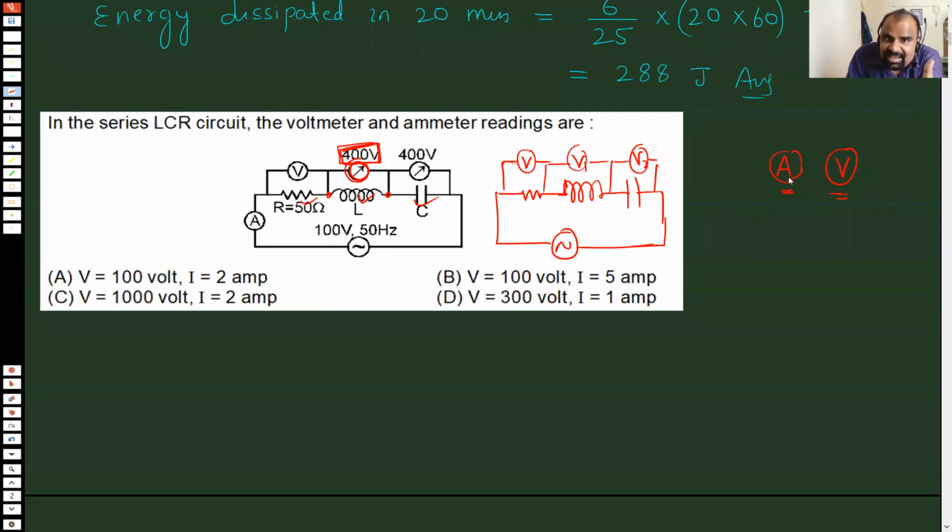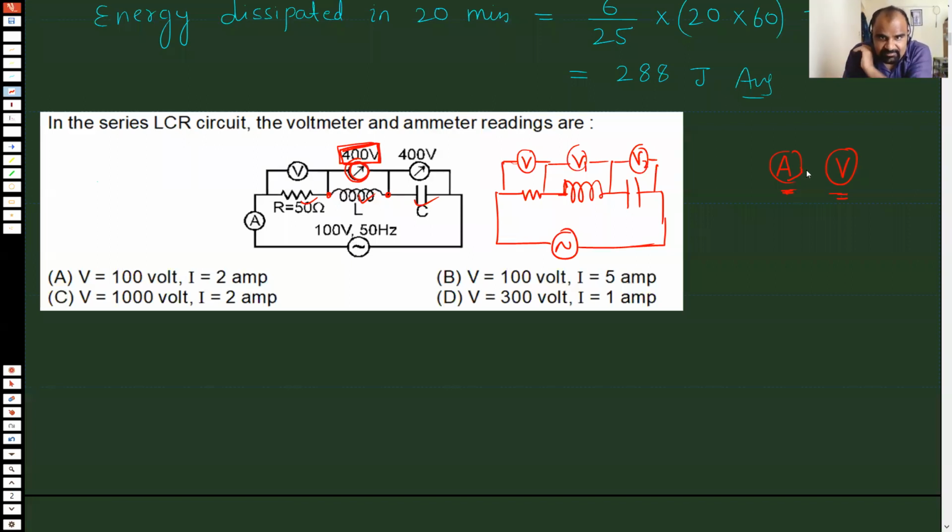Now, what is there inside this ammeter? What is there inside this voltmeter? We are not going to study that, because it's not part of the syllabus. The only thing you should know is that these devices measure RMS values. They never measure instantaneous values. They use the heating effect in calculation. In the H.C. Verma book, in the AC chapter, the working of the ammeter and voltmeter is also shown. So if you are interested, you can read that.